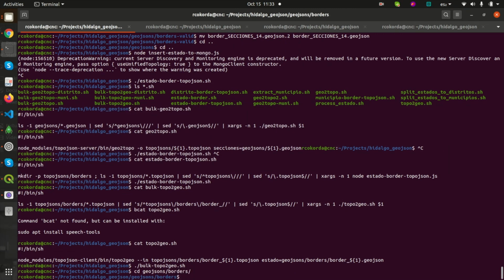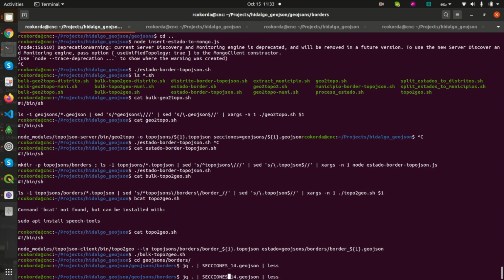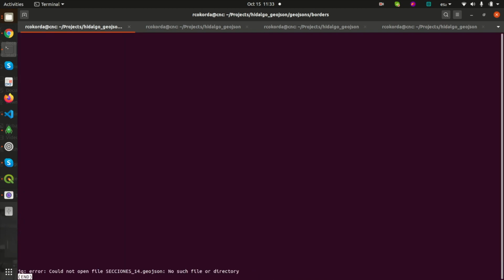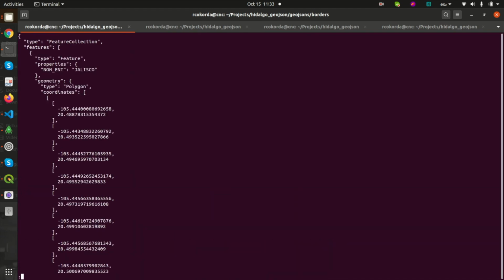For example, border. There you go. So it's features dot geometry dot coordinates like this,